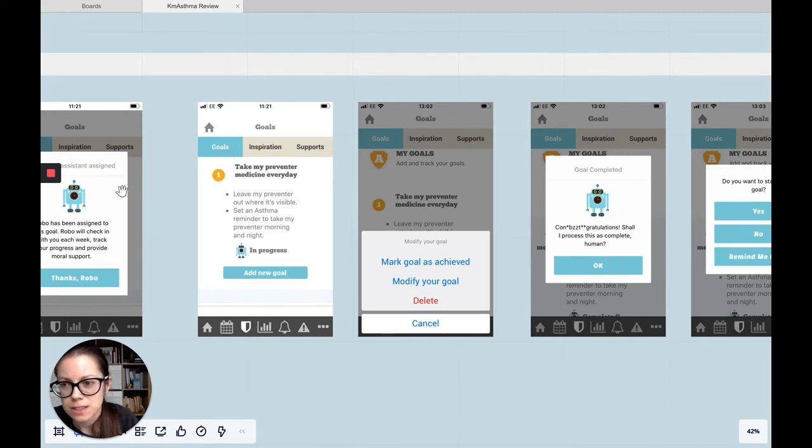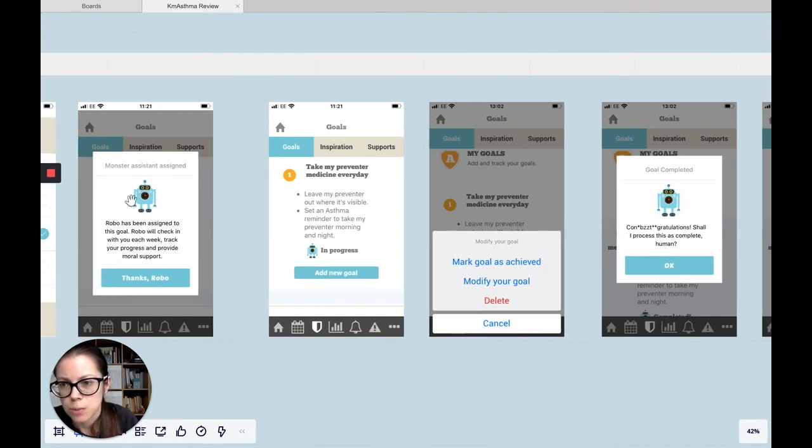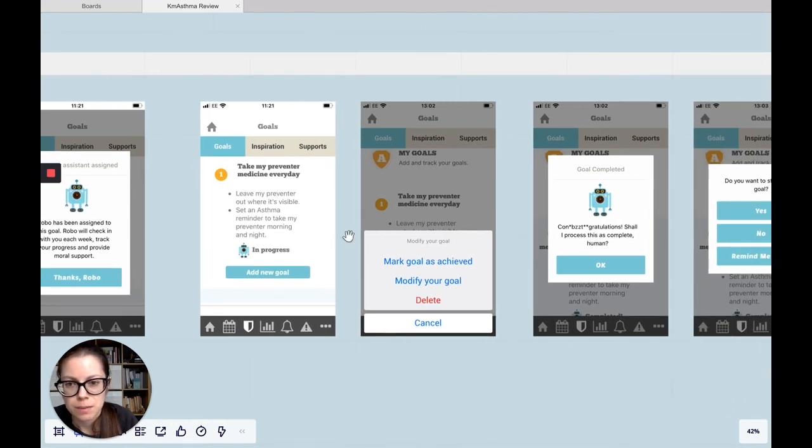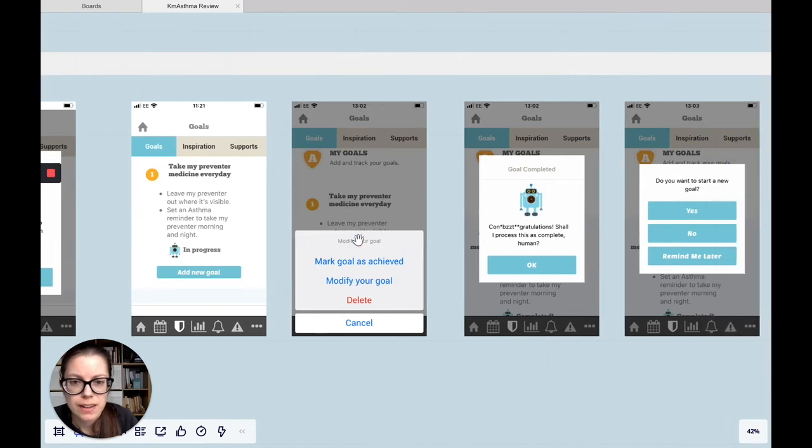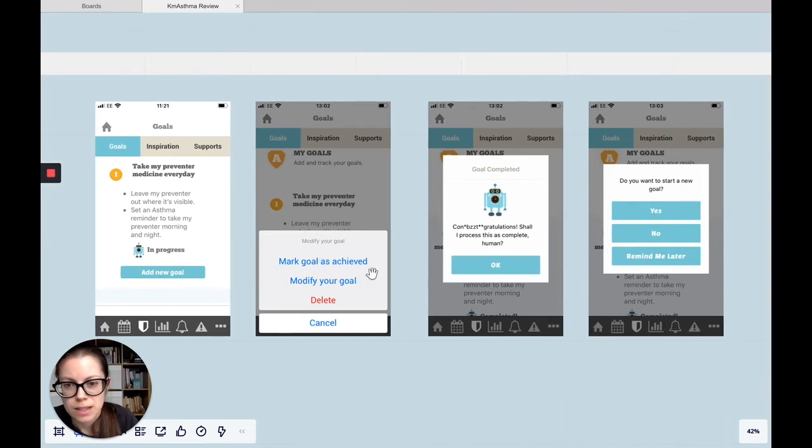From there, it seems like this Robo will be checking in with me once a week until I'm happy that I achieved this goal. So from there, I can mark the goal as achieved, or I can change my goal if I want to. If I say my goal was achieved,